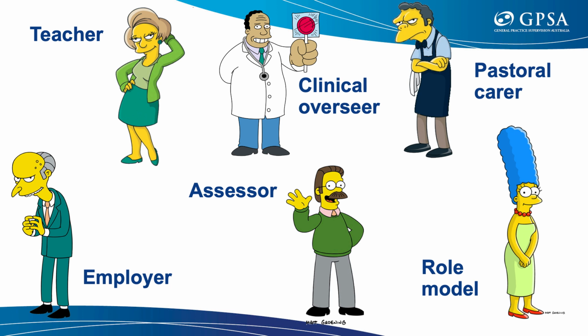Marge here is the role model. And I guess I saw both role modeling and mentoring. And the difference, maybe mentoring is a bit more active. I will mentor this registrar, versus role modeling is actually a bit more passive, and it happens almost invariably. So what you do, the registrars will observe. They may choose to role model differently. They may choose to role model similarly, but I think there's that sort of more active approach in mentorship.